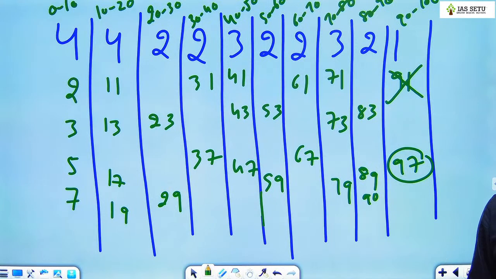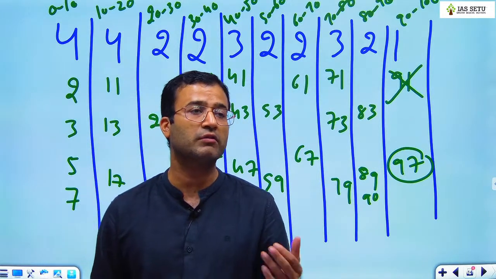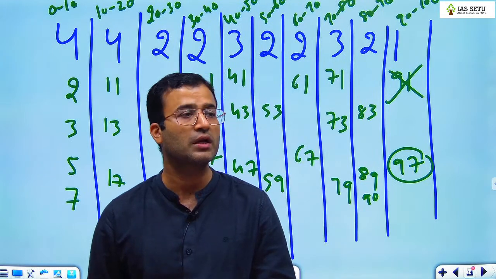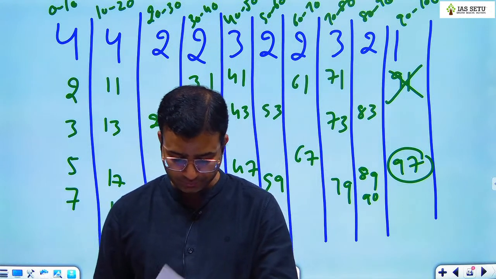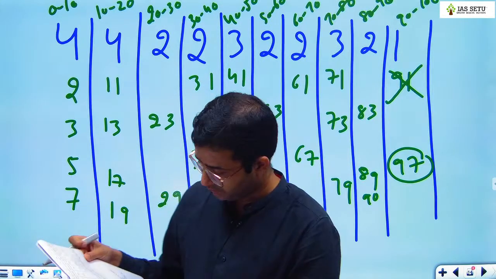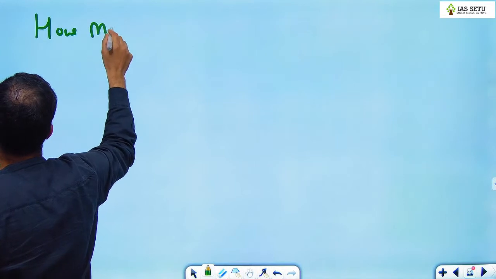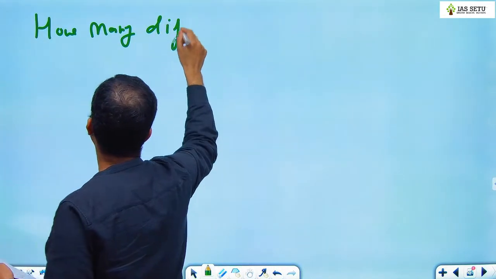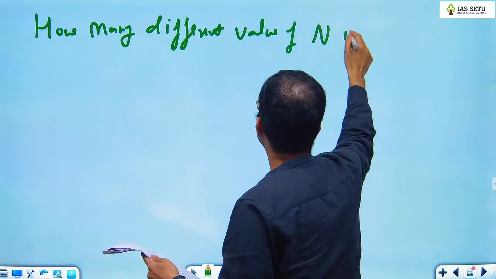Is this point clear? Now here, although it is my very first class, let me tell you how we frame a question, how we convert a simple concept into a statement based question. The concept is basic, so I will ask a basic question based on statements. So you write, I ask you a question. My question is, how many different values of n are possible